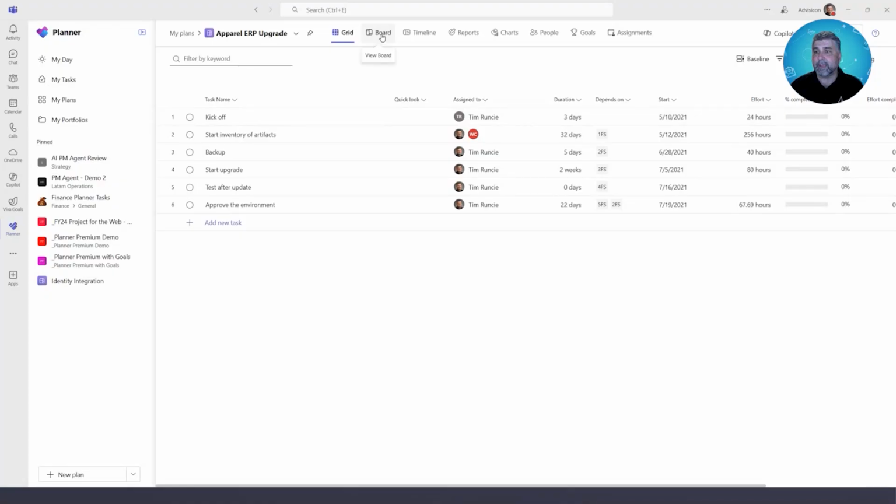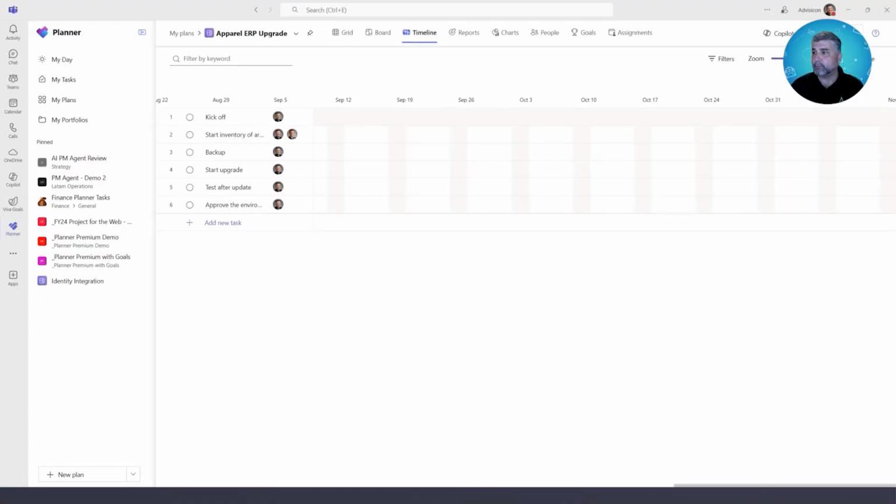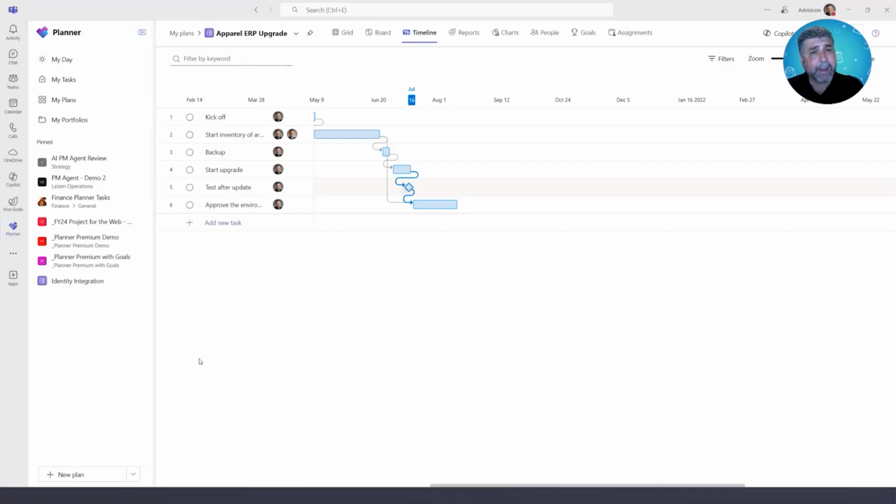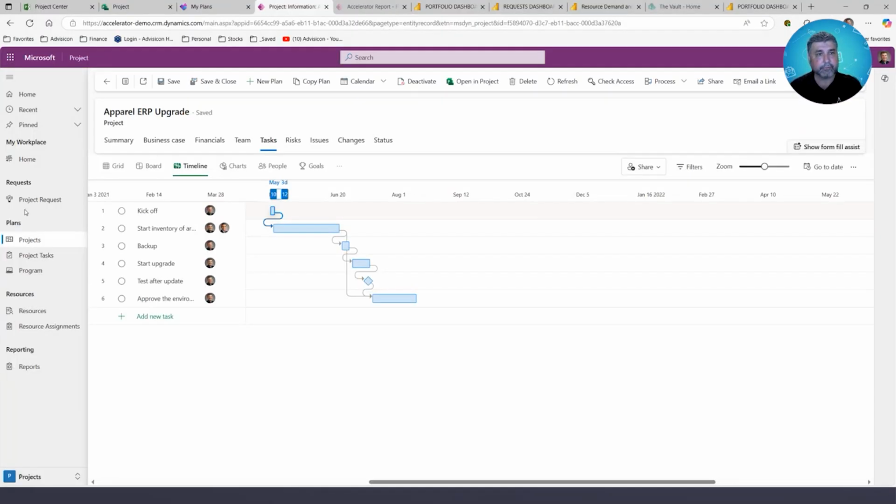I can certainly see the timeline and I can see the board view and the work that's going on here, and I can work with it. Or if I even want to run the Power App inside of Microsoft Teams, you have that. It just gives you more layers of things that you could hop out and work from. But the Power App, the Project Accelerator, or the Planner Accelerator allows you to begin to wrap enterprise functionality and